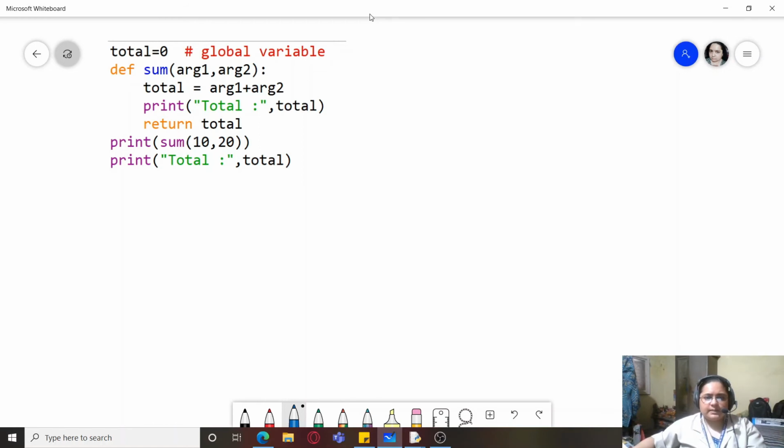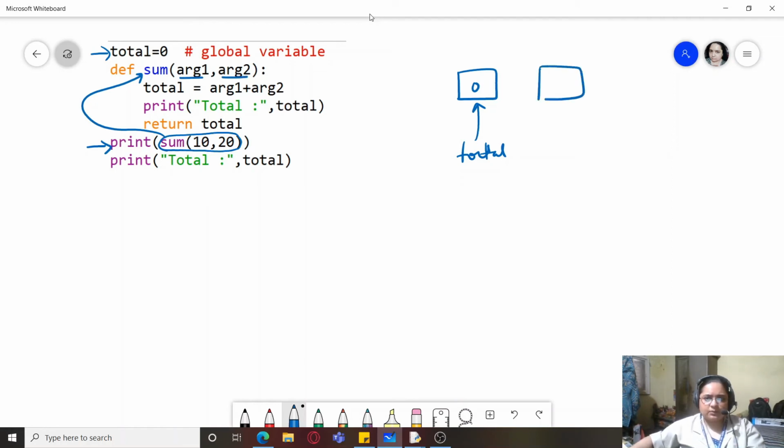So first total is 0, so that means this is total, which is pointing to this memory location 0. And after executing this statement, we will directly jump to this statement, that is print. And within that also you can see sum. So first a function call will be made to sum, and argument 1 and argument 2 will get the values 10 and 20 respectively. So 10 is for argument 1 and 20 is for argument 2.